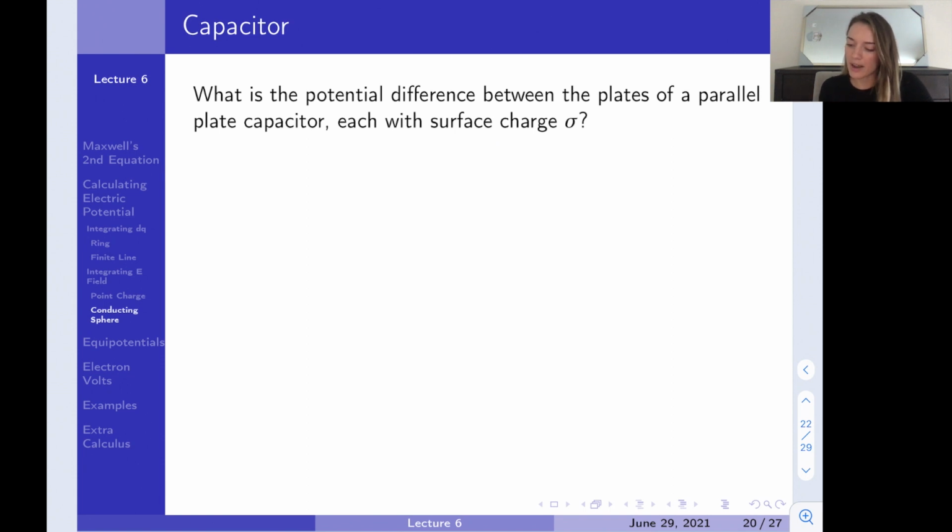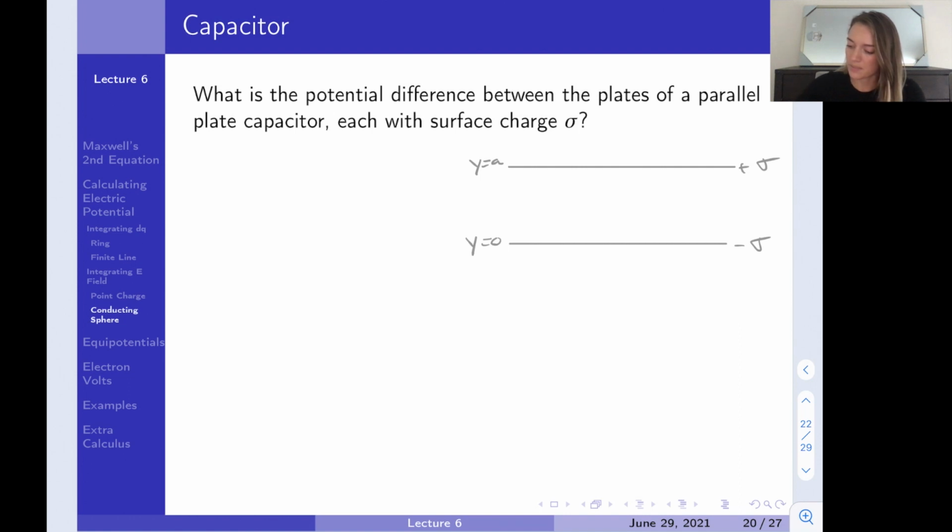All right, now let's figure out what is the potential difference between the plates of a parallel plate capacitor, each with surface charge sigma. So we sort of did a little bit with capacitors, or at least infinite plates. And just to remind you, a capacitor is just two equal and oppositely charged plates. One will have positive sigma, the other will have negative sigma. So let's say this is positive sigma, and this is negative sigma. And let's say that this is at y equal to 0, and this is at y equal to a. So we'll just set up a little